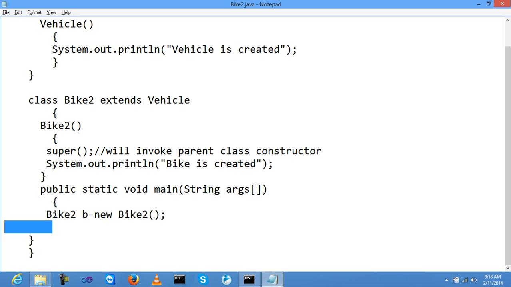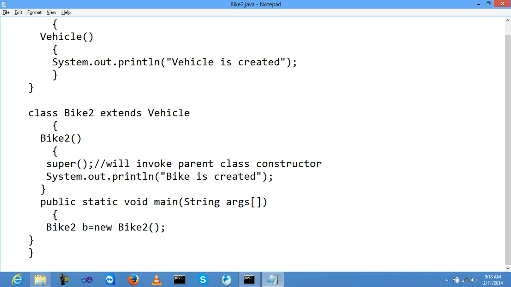Now the Bike2 class constructor is automatically called when you create the object of the Bike2 class. So now I'm creating the Bike2 class object b, then the constructor will be automatically called. When this constructor is called, automatically the parent class constructor, Vehicle, is called, right?